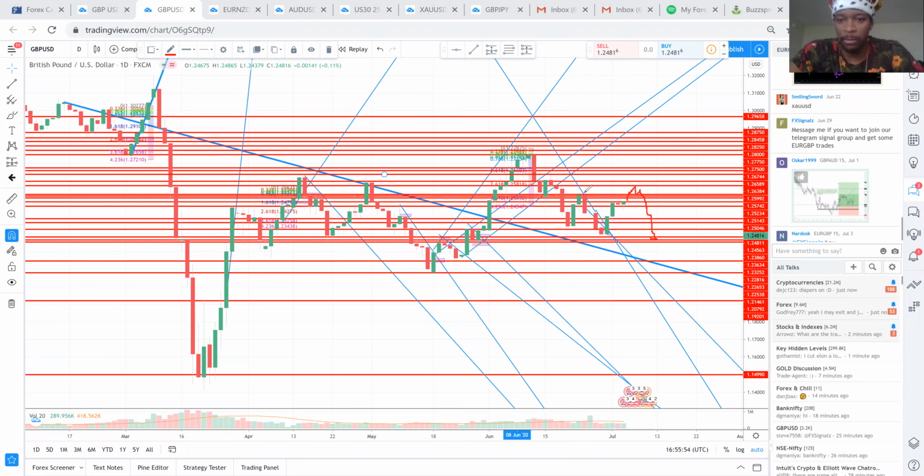So if the market breaks this area, we can see it could continue to go up and come back to retest, or it could just break down and come back down. So that's one option. Or there could be the option of the market just playing around and coming back down, then come back up, and come back down. And that's on the daily chart for GBP USD.